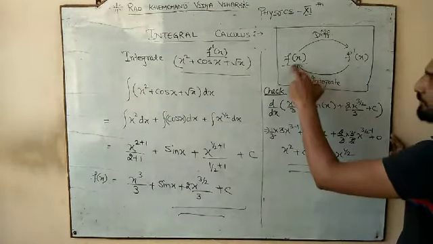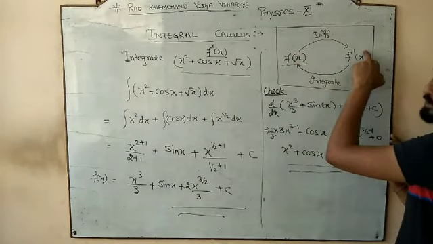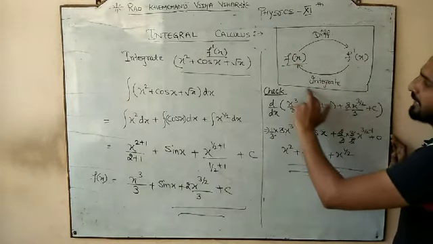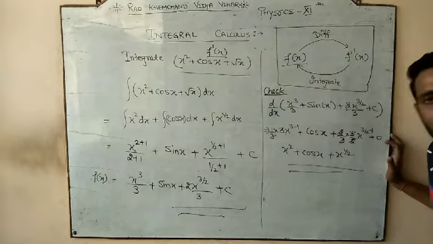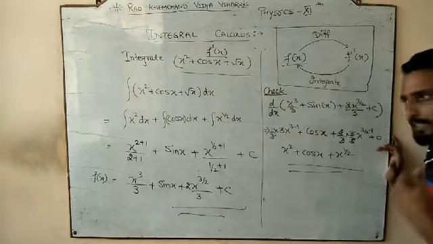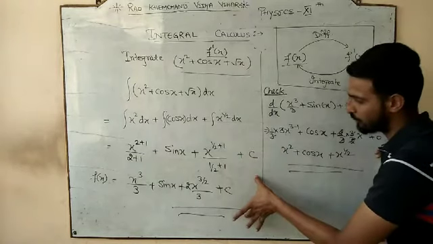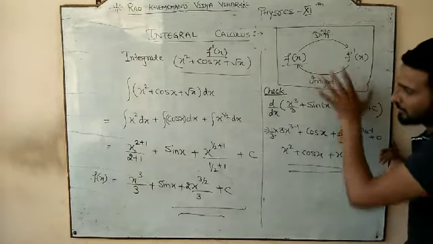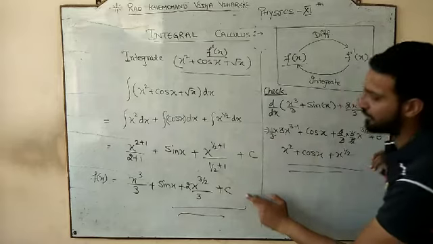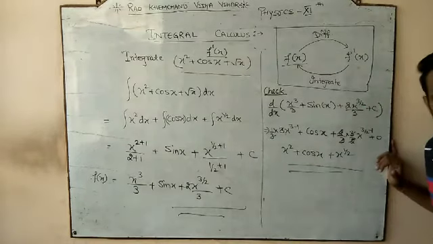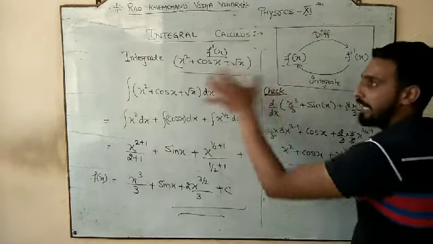So differentiation of any function gives you the result. If you integrate that same function, it gives you the total back. Clear? So please note down this example, how I integrate it, how you solve it. We apply this logic, and if we differentiate it again, we get this result also. Okay?